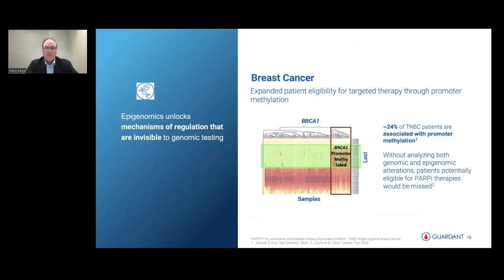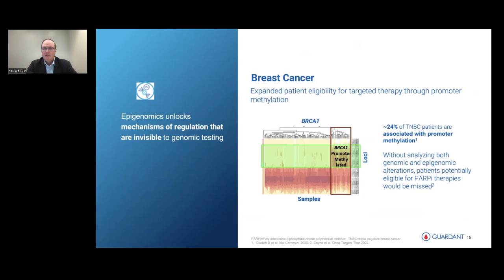Here's another example, particularly related to some of the germline mutations. And this is an interesting example of how genomics asks the question, but epigenomics can extend the question. So we know that when there's a BRCA1 mutation, particularly in triple negative breast cancer, there's an opportunity to treat them with a specific therapy, PARP inhibitors. If we look at the germline mutation here in this particular example, you can see that the BRCA1 mutation covers the bottom heat map with the green on top. Highlighted in the box, though, interestingly, when you marry it with epigenomic expression, you can get a relatively BRCA promoter